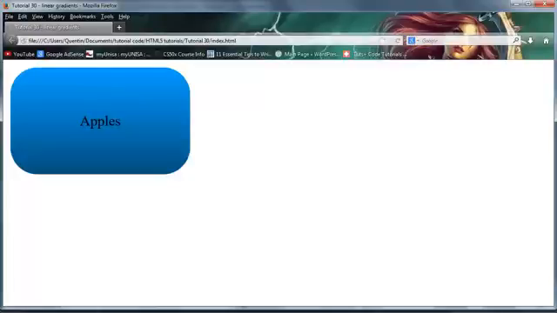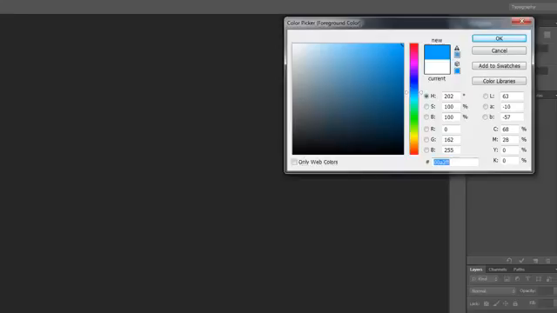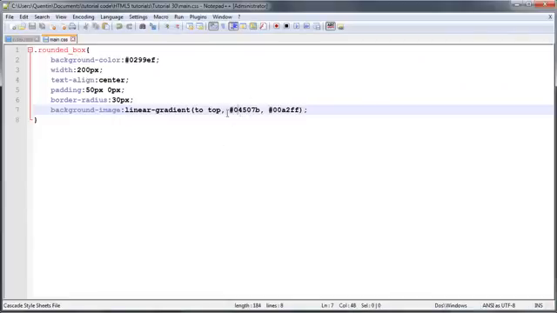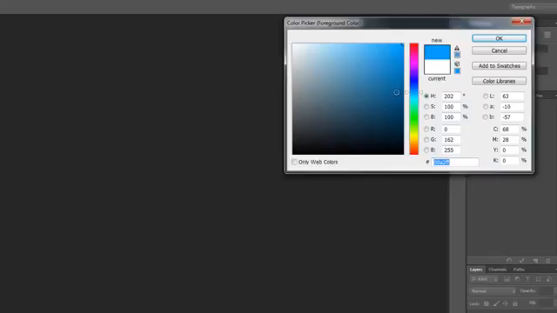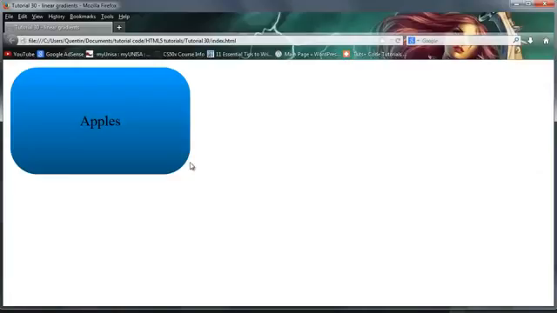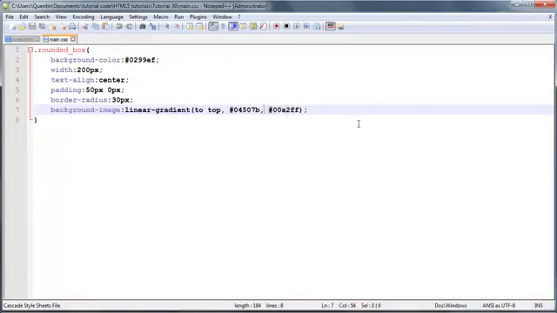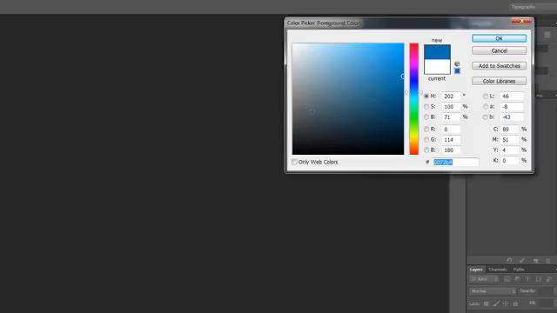And something I want to show you guys about this is we can use multiple colors. So right now we've only gone from a really dark blue to a really light blue, but I could add in a few other shades of blue in the middle and get that gradient looking a lot better. So I'll go ahead and grab a sort of medium colored blue and then go back over here, and before my light blue I just want to paste in that medium colored blue,